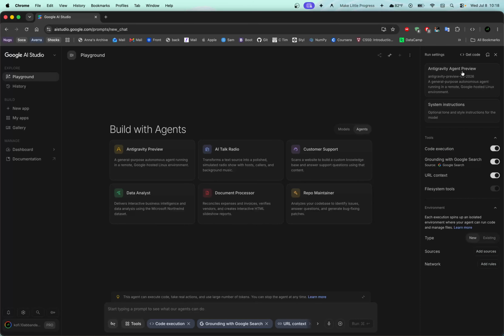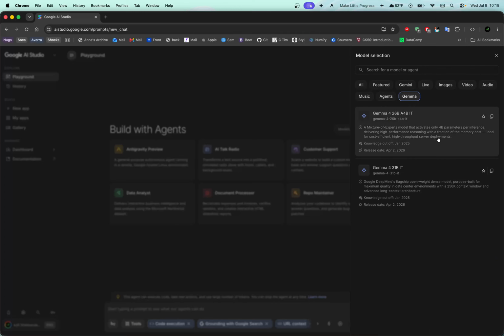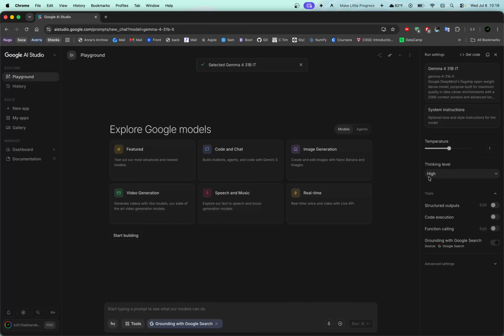Anti-gravity agent preview. Okay, select it, then you choose Gemma. All right, then you choose the variant you want. Okay, so you can choose the variant with the 26 billion parameters, or you can go with the Gemma 4 31 billion parameters. Okay, so you can just select either of them, and then you see that it is selected here. It will prompt you that selected Gemma 4 31 billion